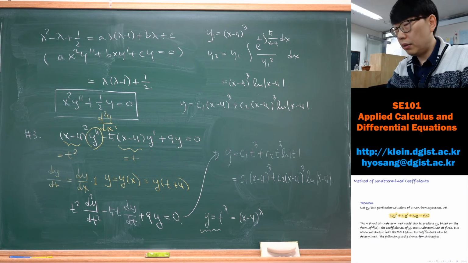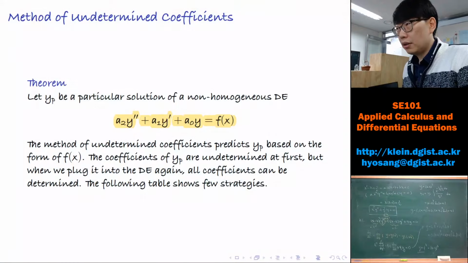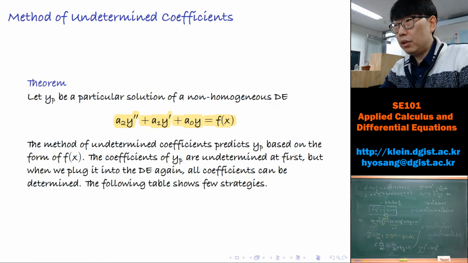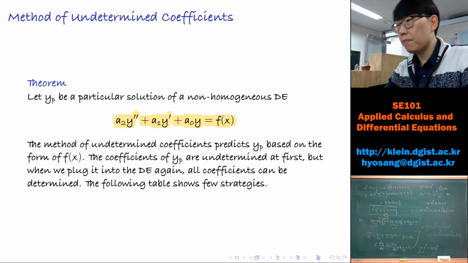So the method of undetermined coefficients applies to a differential equation whose coefficients on each derivative are constant, and there is a non-zero non-homogeneous term f(x). Okay,